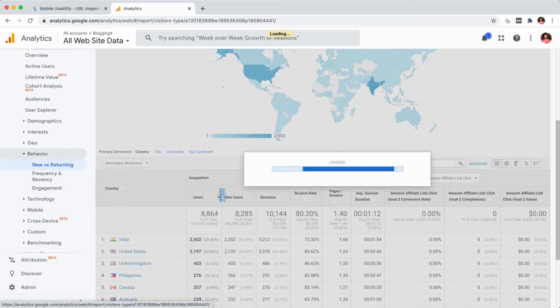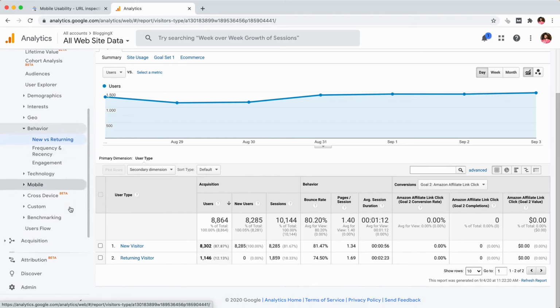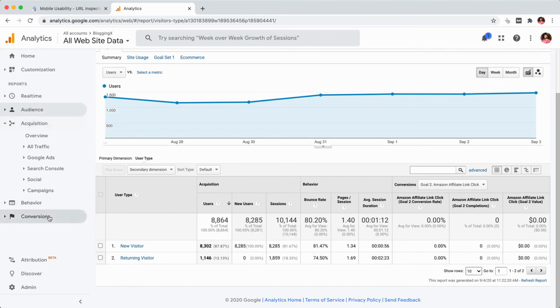Okay, it means that out of 100 people visiting my site, 12% of the people are returning visitors. Then it means that 12% of the people are actually coming to my blog even after they're visiting for the first time. Okay, and you have many other reports here. So the important ones, you can discover what browser were they using when visiting your site, what network, AT&T or Verizon, or what network are they using, and acquisition.